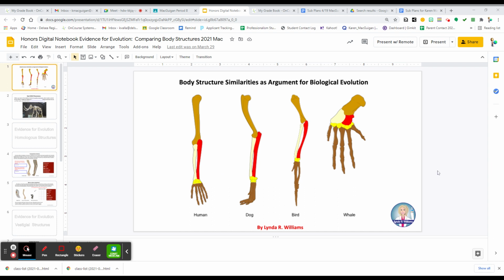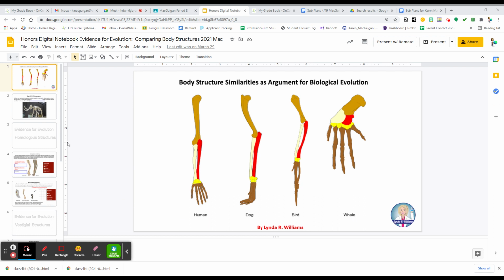This is actually homologous structures. You know it's homologous structures because you see the specific bone structure. The structures are all the same in all of these different types of organisms. They have the radius, the ulna, the humerus, the metacarpals, and your phalanges. But they all have a different function, which is, the human is for grasping, the dog is for walking, the bird is for flying, and the whale is for swimming. So that's an indication that even though they have the same bone structure and a different function, they probably share